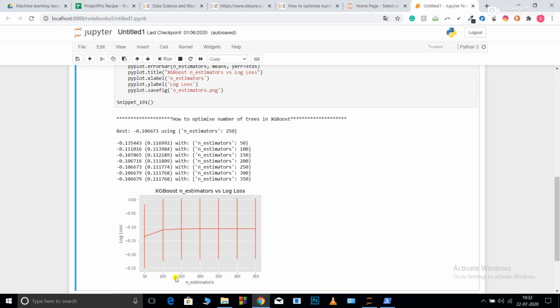I want my log loss to be as small as possible, so closer to 0 is best. Then it became best at 250. Then the slope again started increasing and my log loss started increasing again on the negative side.